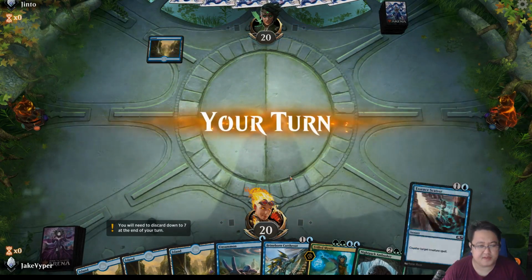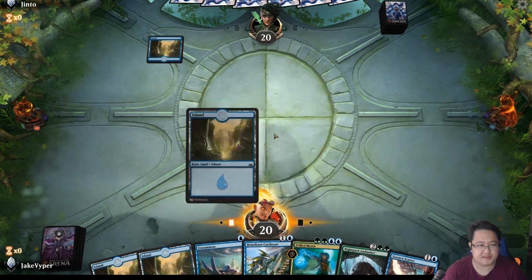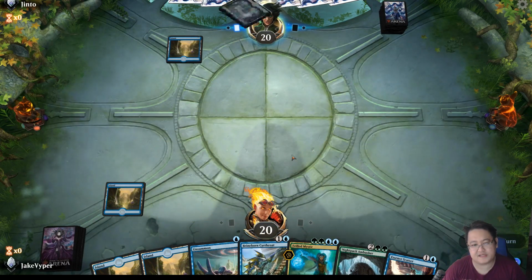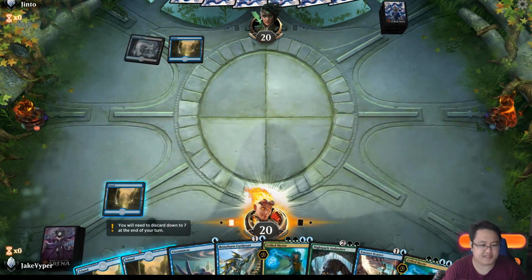Some builds run Temple, some don't. The problem with Temples is that they come into play tapped, and it's terrible if you need the mana, especially in the late game, and it comes into play tapped. So